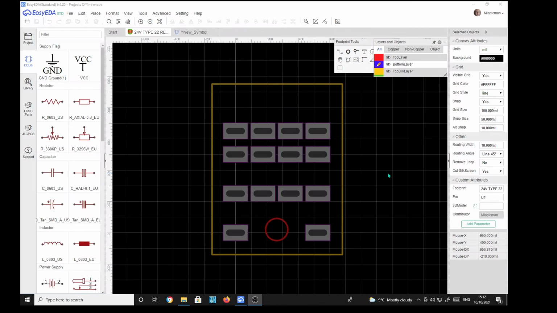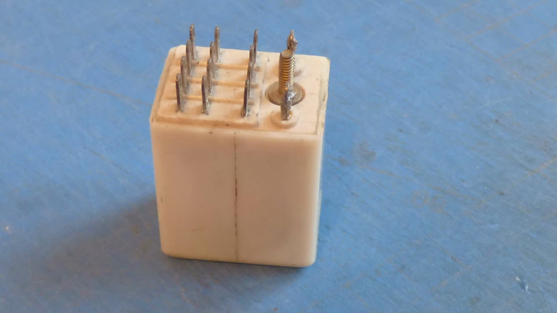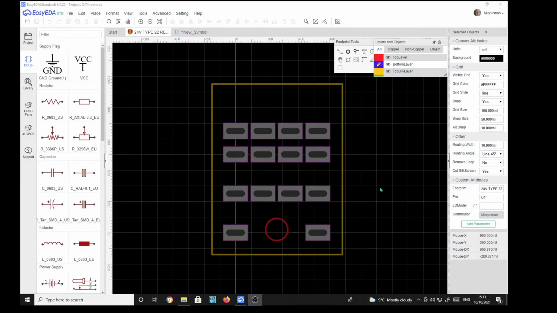Well, here is my first try at a footprint for a component I'm trying to model. It's a small relay, which I've got a box full of. So I'd like a footprint I can use on PCBs to accommodate them. I've got this far with the footprint. I'm going to try and have a stab now at making the symbol, which is going to be a 4-pole